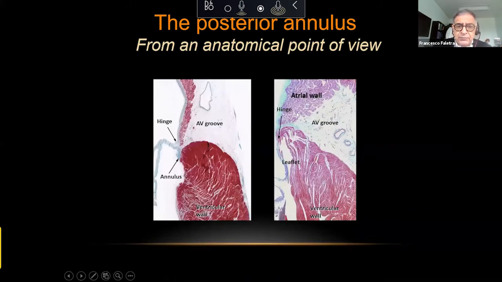These are two images of a histological specimen, in one case the short axis viewed cross-sectionally. The annulus is a nodule of fibrous tissue that you can see here, but look at this. Here, there is no annulus at all. The leaflet is attached directly on the ventricular myocardium, or could be attached on the atrial myocardium, or in the junction between atrial and ventricular myocardium, but without fibrous tissue, without a cord-like fibrous tissue. So this is the first important